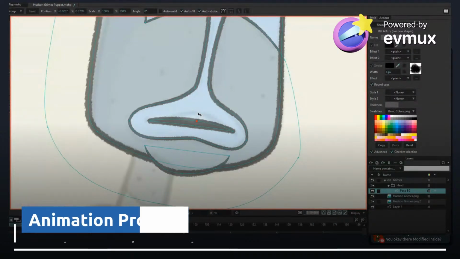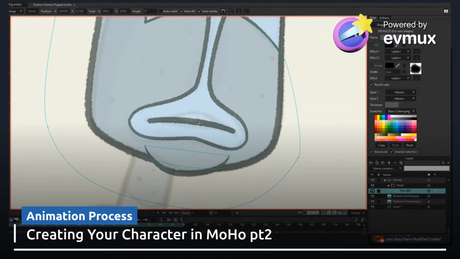But basically, there's his mouth. His mouth is one shape, and it was made with a circular shape, right? I'm going to adjust these points here at the end, and I did that with my line width tool. That's the W. All right. There's only 4 points here, which is good.